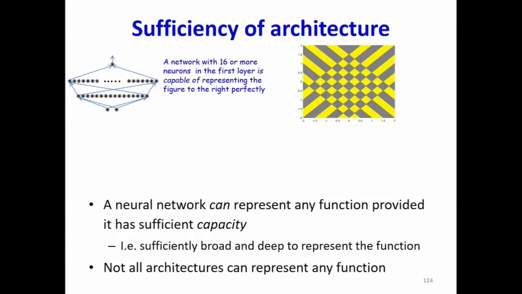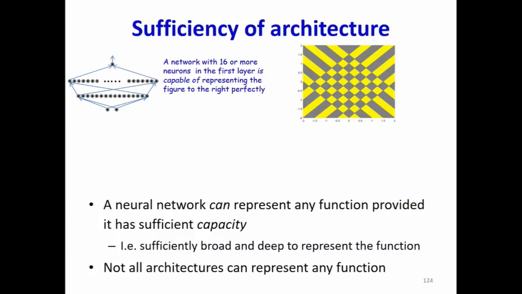So let's continue assuming that my activation function is a threshold. If my activation function is a threshold, what are the kinds of decision boundaries it can produce? It can actually produce these step functions, right? Each perceptron can produce a step function, which is a 0 on one side of a hyperplane and a 1 on the other side of the hyperplane. So given that, this circuit, this pattern, if I agree that I'm going to use 2 layers, is going to require 16 neurons in the first layer and 40 in the second. If I decide that I'm going to use less than 16 neurons in the first layer,